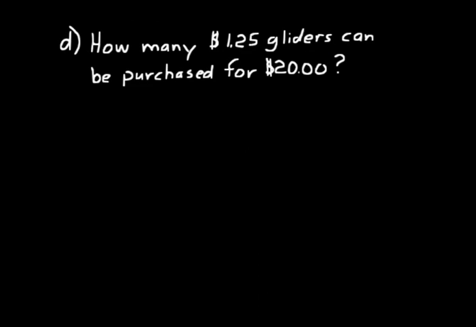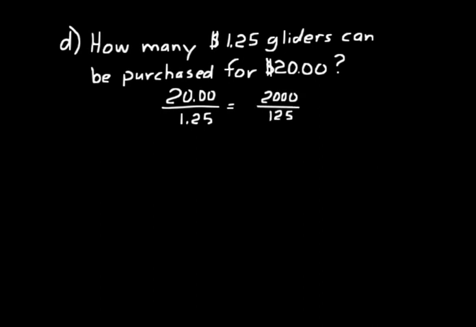Let's do an application of these problems where the divisor has a decimal form. How many $1.25 gliders can be purchased for $20? So just think about that. We're trying to say how many $1.25s are in $20. So $1.25 is our divisor. We have 20 over 1.25. That means we need to move the decimal place to the right 2 or multiply by 100 on both of these, and we would end up with 2,000